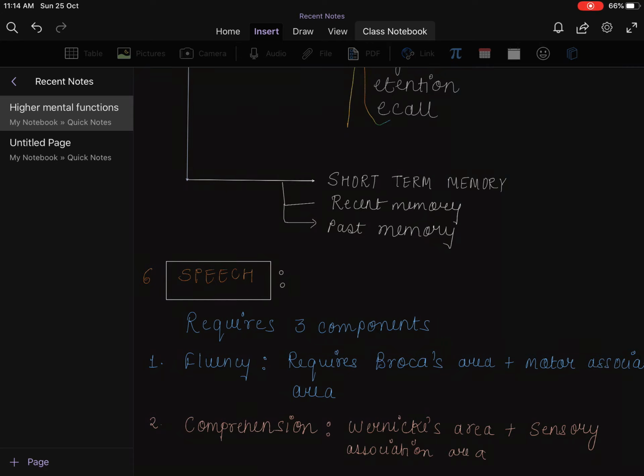And past memory is events occurring years back. So you ask the patient about some important events in his life, that is date of birth, date of marriage, etc. Or you ask him the date of Independence Day of India, or ask him the name of the prime minister. And remember one thing,